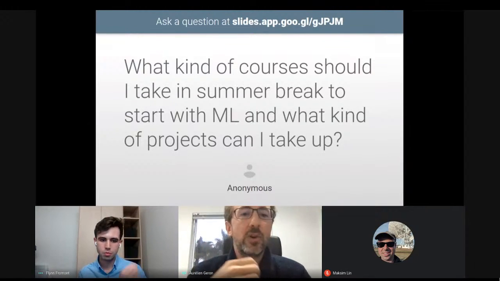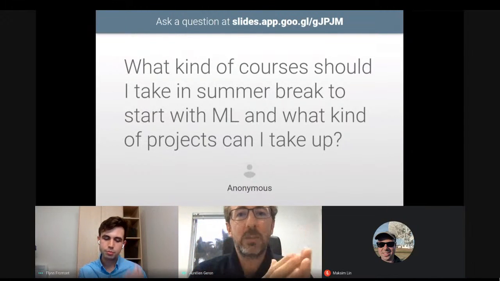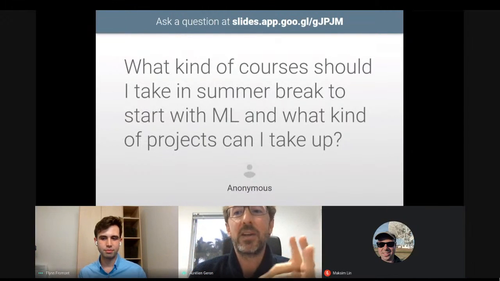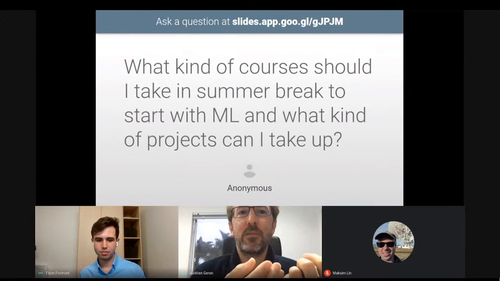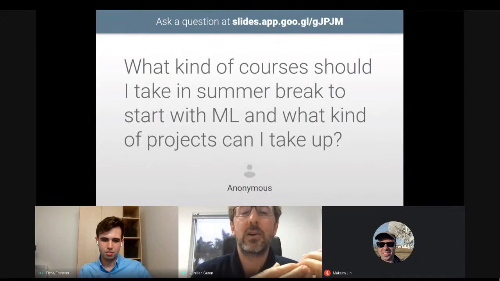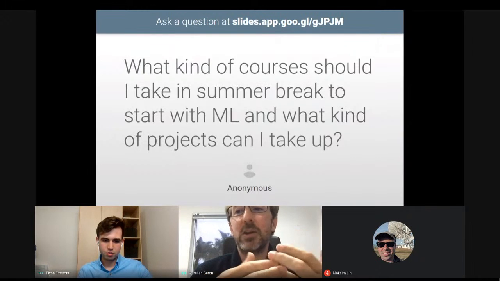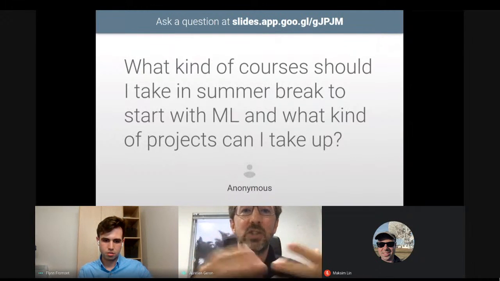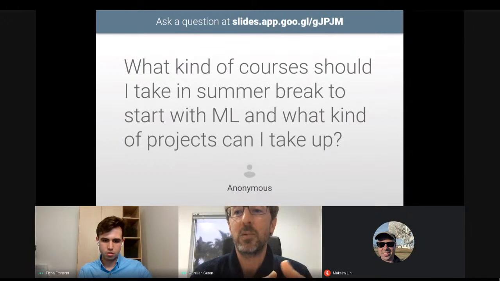Well, it's a double-edged sword. When you jump to deep learning, the nice thing about it is that you can quickly have very, very appealing results, like images that get classified, things that do look like artificial intelligence. So it's very motivating. If you need motivation, it might be a good idea to start with a little bit of deep learning just to see that, wow, I'm able to do incredible things.